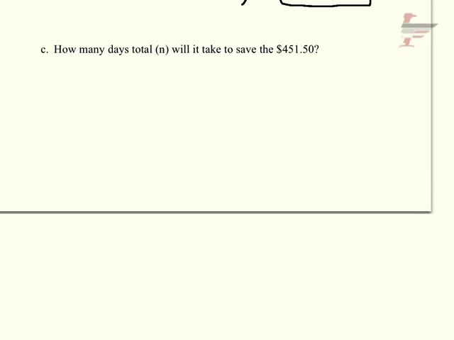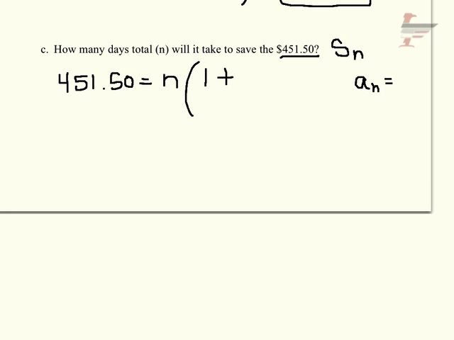Okay, then lastly, part C says, how many days total will it take to save $451.50? So now, I know my sum, so this is actually my sum of a certain amount of days. So that I will put in for S. I don't know how many days it's going to take, so that's my n. A sub 1 is day 1. I'm using the sum formula, by the way. A sub n, I don't know what a sub n is because I don't know what n is, but I do know that a sub n equals n because that's my sequence that I came up with. So if I just write everything out here,